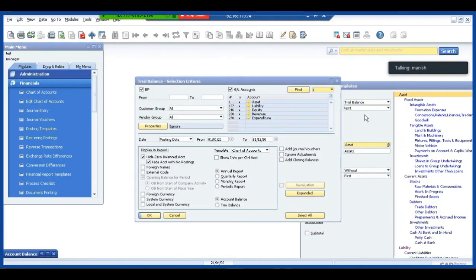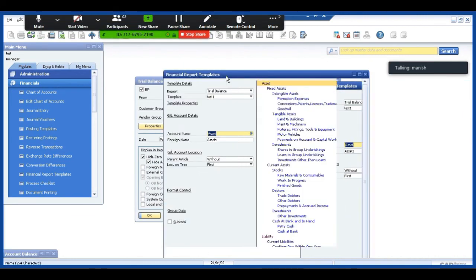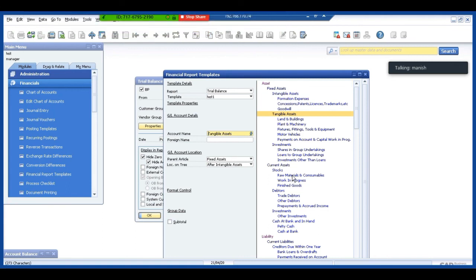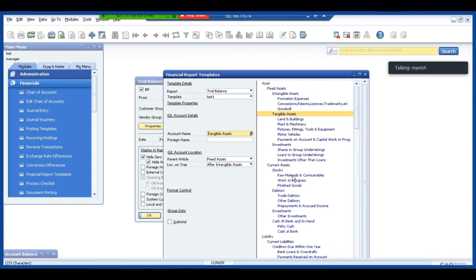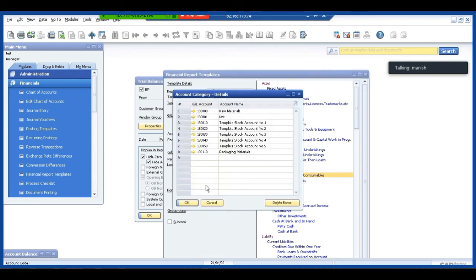I'll search for the raw materials out here. That particular head would be somewhere out here, under stocks. Under stock, it is my raw materials. Now these are the accounts which constitute the raw material.